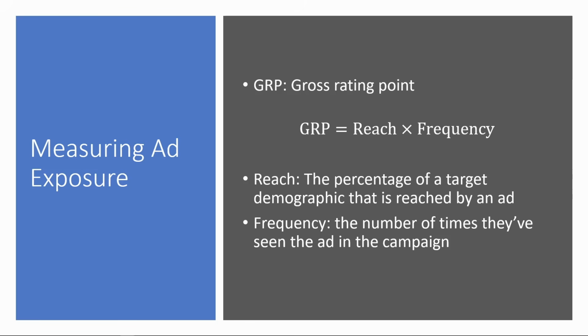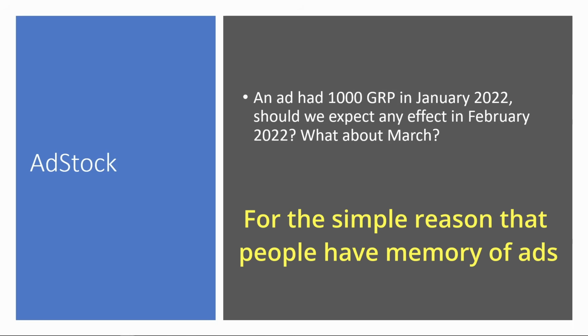So as you can imagine, people remember things. So when you show advertising, let's say in January, it probably is going to have an effect in January. But it does not mean that by February people have forgotten all about the ad. The effect of advertising tends to linger a little bit. It is not a memoryless process. That's why when measuring advertising, we usually use a concept called adstock. It's almost like advertising, once you show it, is put into people's memory storage. So it's not transient. It has residual values over time. So that's why we call this an adstock.